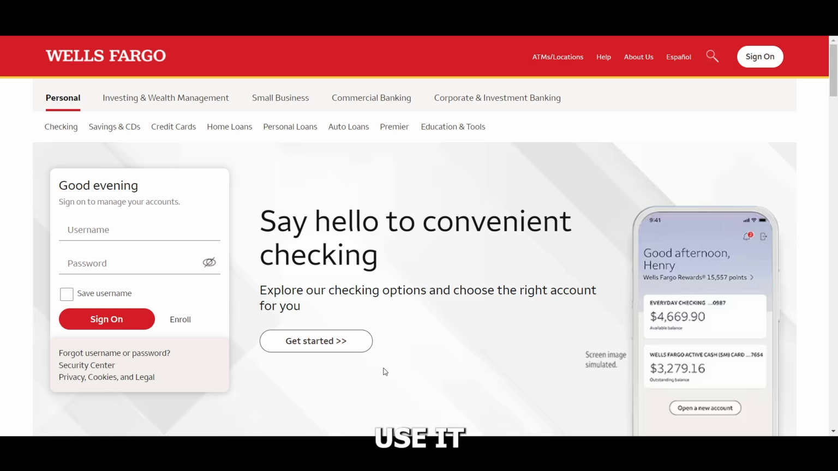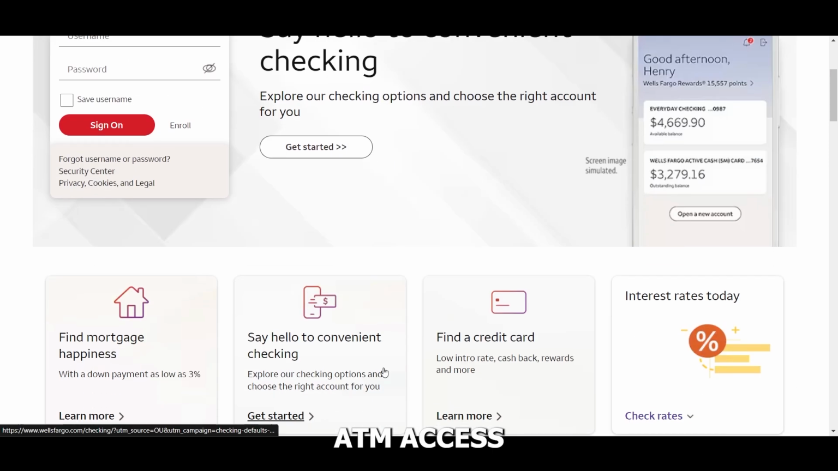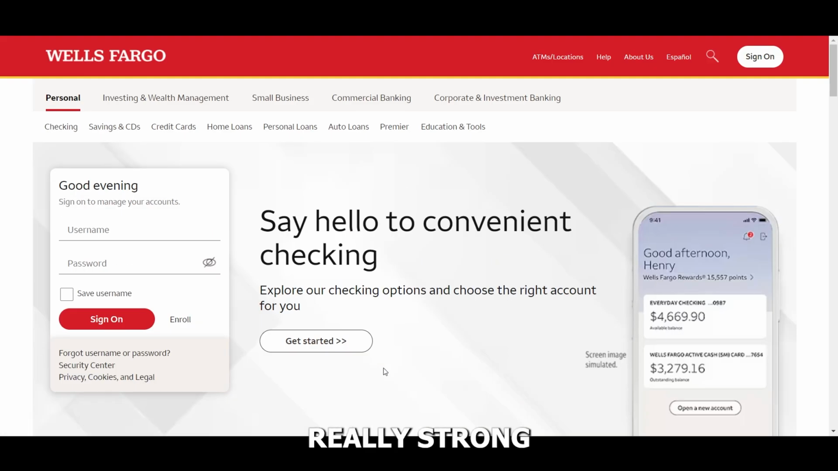Now here you can use it in the store payment, ATM access, and wherever you want, right? But make sure that you have good security, or your password should be really strong, because this is just for the security purpose. Other than that, I hope that your problem got solved, and if you did, make sure